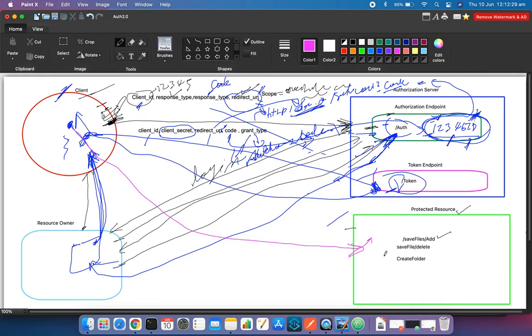Okay, your protected resource will get the request and it will say, okay, I can see that you have an access token. It means you have a power of attorney. Let me first see if this power of attorney is valid or not, right? So it has a way to validate it, right? So say suppose, for now, because we haven't discussed the JWT yet, just for our understanding,